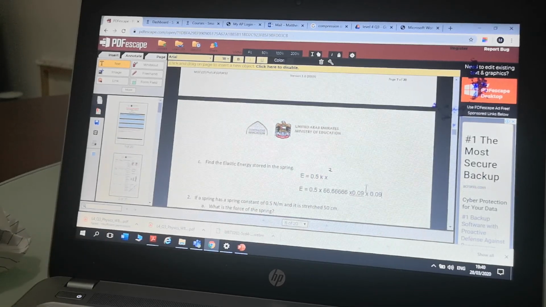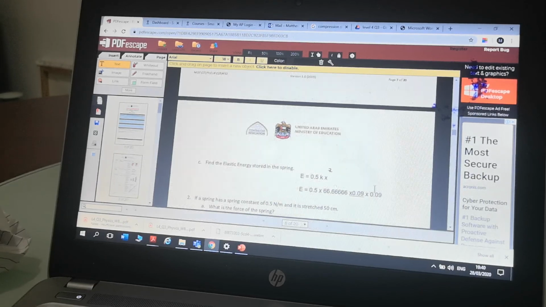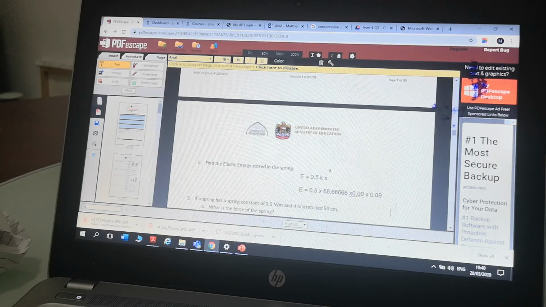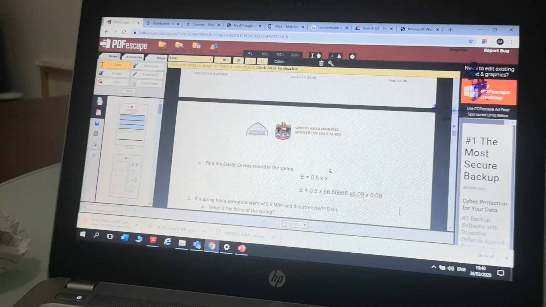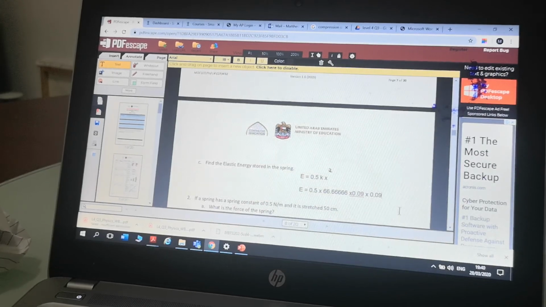That's the same as if I say 0.09 squared, it's the same as saying 0.09 multiplied by 0.09. So let's do that in our calculators. This will be my example. 0.5 times 66.666